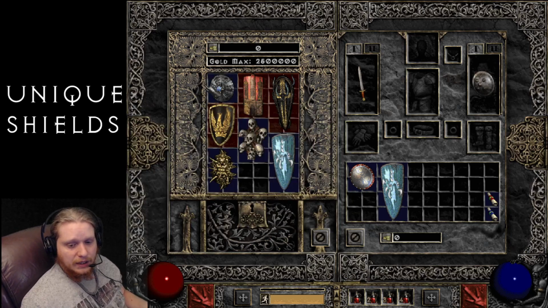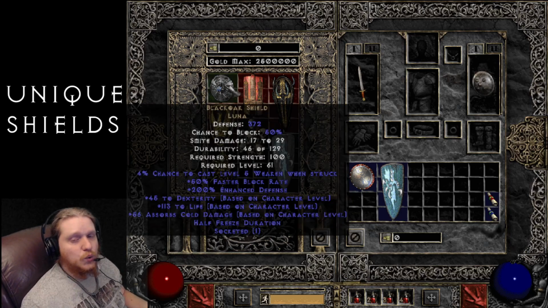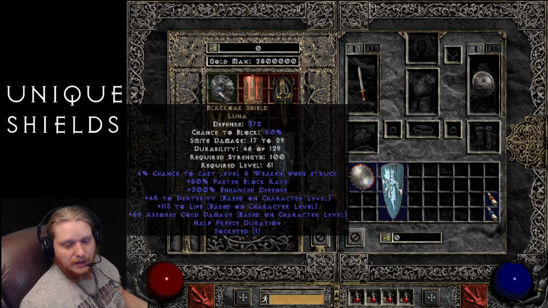Definitely useful. 50% faster block rate, so a huge faster block rate percentage there. Very nice for any character who's trying to get their block rate up. Now, of course, it has very low block chance, so that's kind of counterintuitive. But if you were a character that was struggling with faster block rate, like for instance, I think Amazon has very low faster block rate breakpoints, so you would need a lot of block rate to get her to a good frames. And then we have 200% enhanced defense,